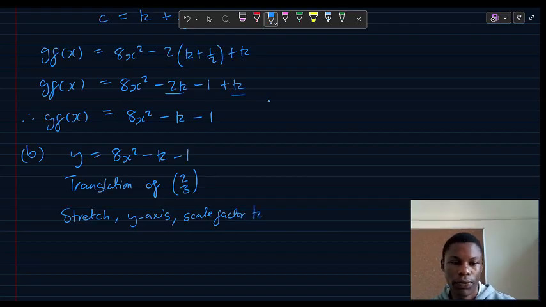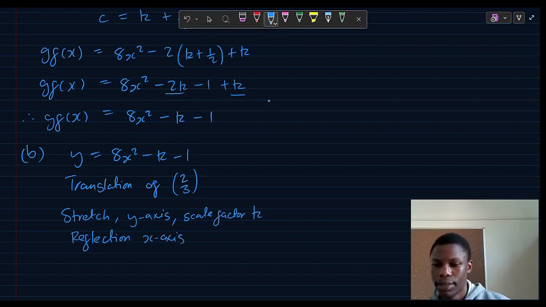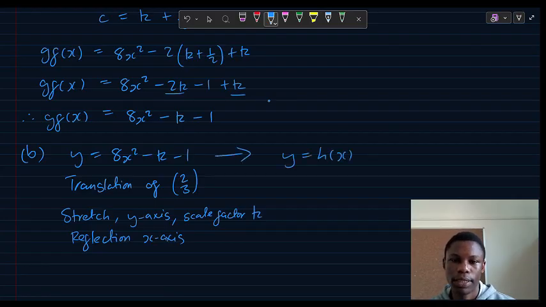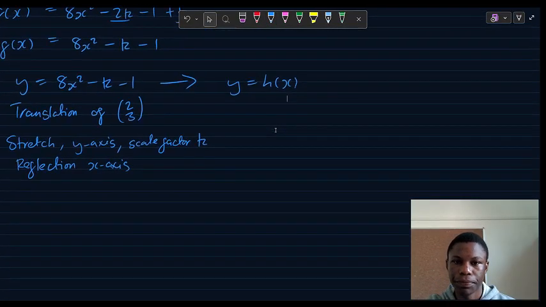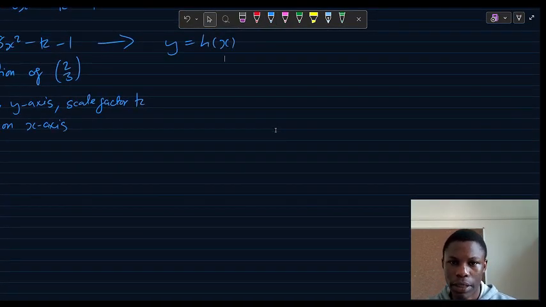And then we've got reflection in the x-axis. And they're saying find an expression for h of x. So converting that to y equals h of x through the sequence of transformations. Okay. So let's just do a quick refresh of